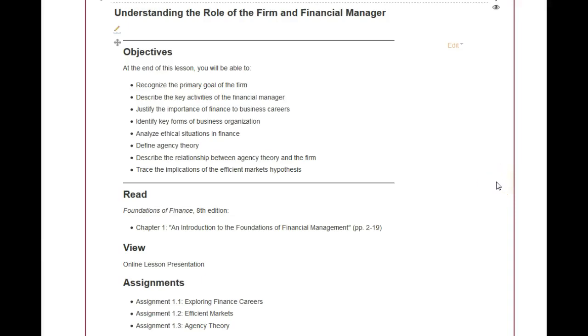I thought I might go over what this chapter's about and how you can approach it, and what to expect from the assignments. You have a lot of background provided by the textbook and by the presentation online. I thought maybe my take on some of this would be somewhat of a guide for you. So let's start off with Lesson 1, and we're looking at the objectives for this lesson.